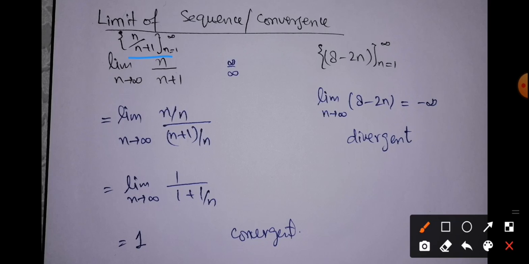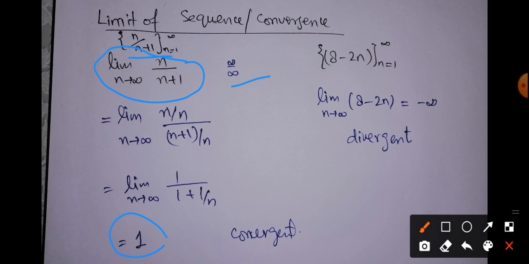So we will put the limit on the general term of the sequence, which is n over n plus 1. Right now we have infinity over infinity, so we can apply L'Hopital's rule over here, or we can apply the rule we have discussed already. So we are going to divide the numerator and denominator by n, so that I could have 1 over 1 plus 1 over n. Now inserting the limit, we get 1, that is, the sequence is a convergent sequence.